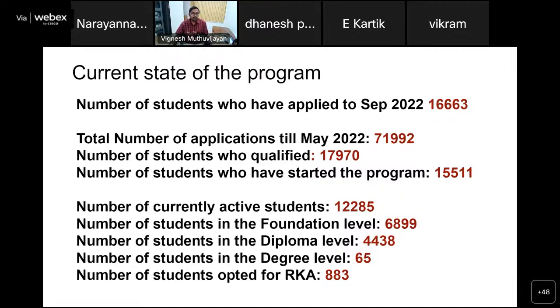This program allows you to pace yourself and do the number of courses based on your time commitment and how much time you can actually spend. These 65 students have done 4 courses every term and completed them successfully, and have been able to enter the degree level in this September 2022 term.